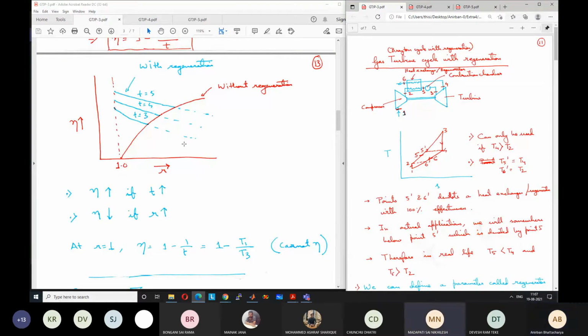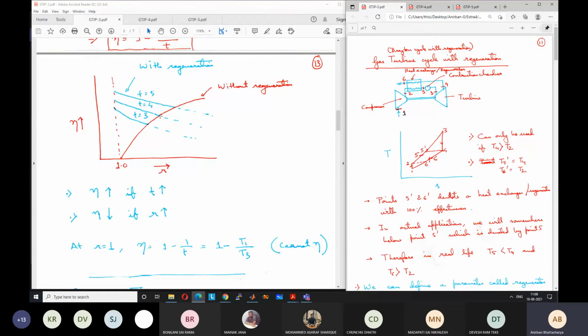So the heat exchange will go down, not the efficiency. Correct. It means the scope for heat exchange, the scope for regeneration, is reduced if we keep on increasing the R value, because point 2 will go higher and higher, and the scope for heat exchange depends on the temperature difference between 4 and 2. So the nearer point 2 is to 4, the less will be the scope of heat exchange. And if point 2 goes above point 4, then the heat exchange will occur in the opposite direction. So efficiency will actually decrease from the simple Brayton cycle efficiency.